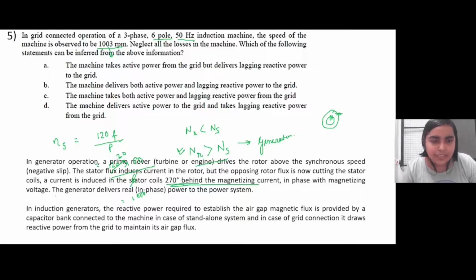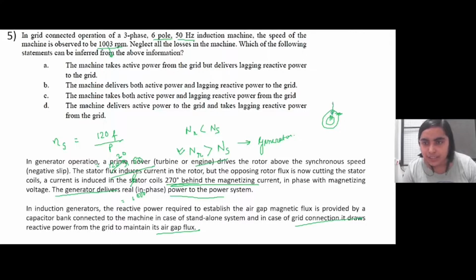So basically the generator will always deliver real power to the power system. It can never deliver reactive power. Now, in order to see how it takes the power from the grid: in case of a standalone system, a capacitor bank is connected to the machine, but when the machine is connected to the grid, it actually draws the reactive power from the grid